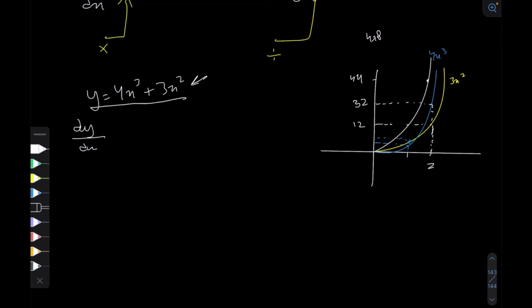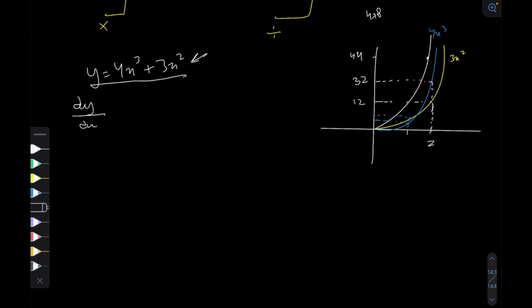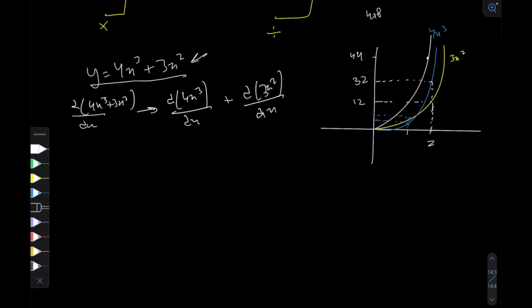Right, so coming back to our original question, what is the differential of 4x cubed plus 3x squared? So what you can actually do is you can make these sort of separate. You can divide this into the differential of 4x cubed plus the differential of 3x squared, right? So the differential of 4x cubed plus 3x squared is the same as the differential of 4x cubed plus the differential of 3x squared. The differential of 4x cubed would be 12x squared, and that of 3x squared would be 6x,